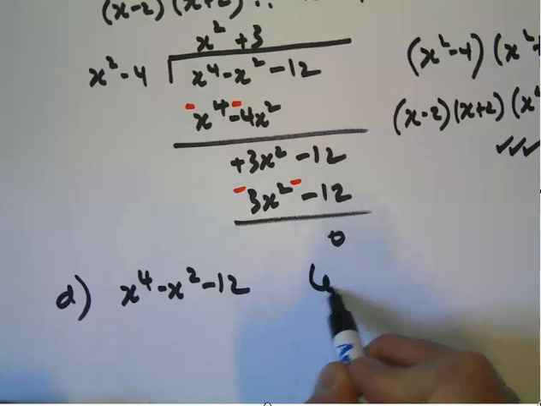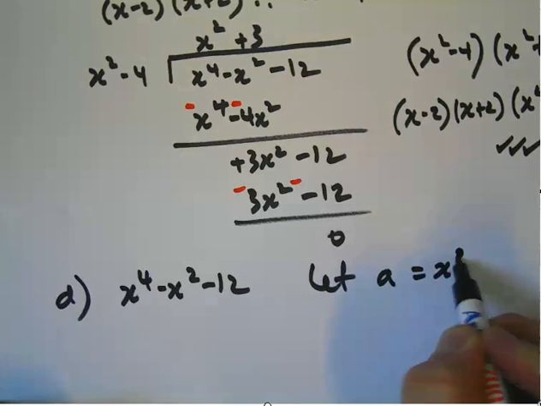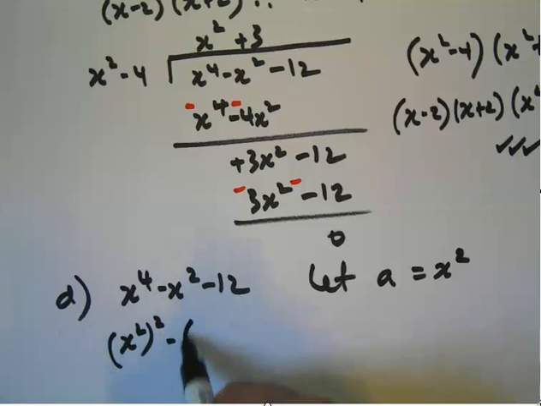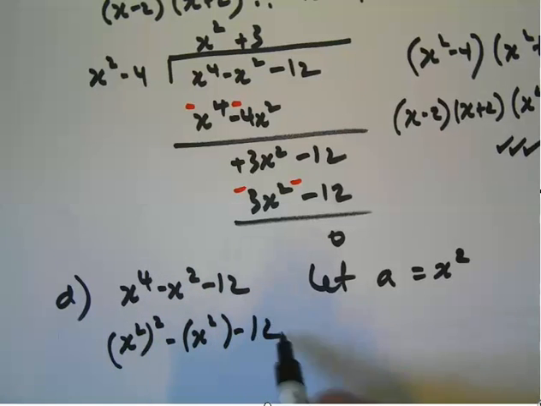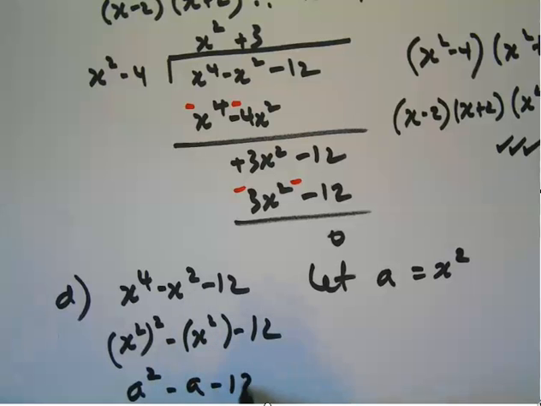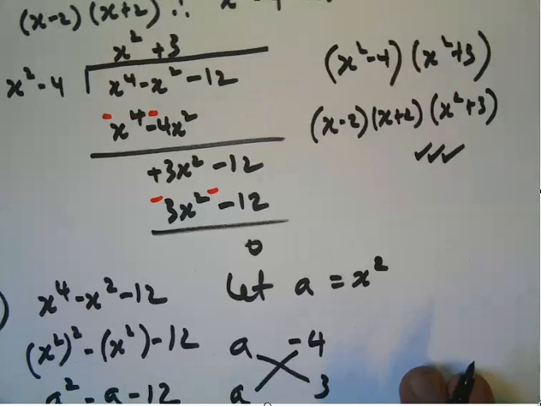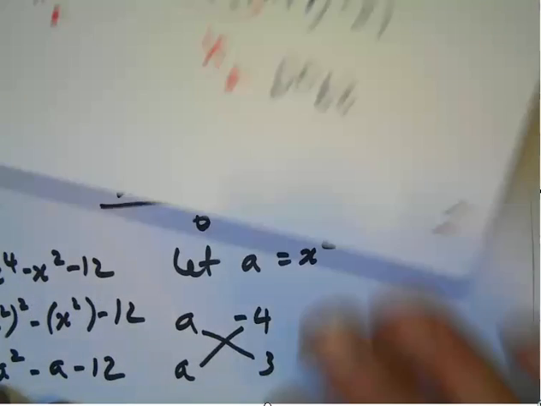But if I let a equal x squared, that becomes x squared squared minus x squared minus 12, which equals a squared minus a minus 12, which I can crisscross: 4, 3, and the negative goes on the 4, which leaves me with